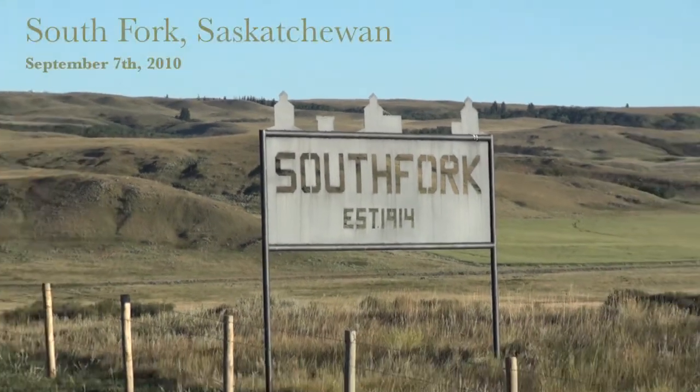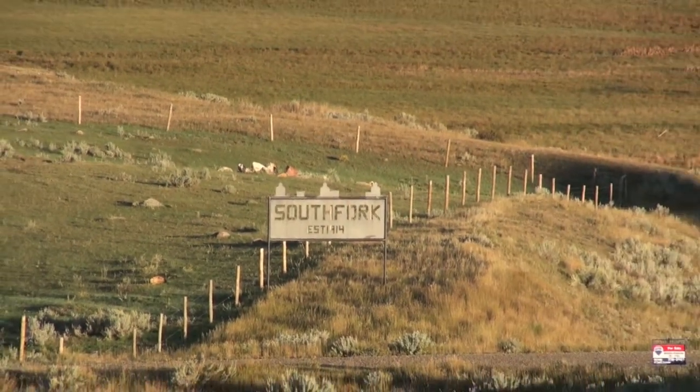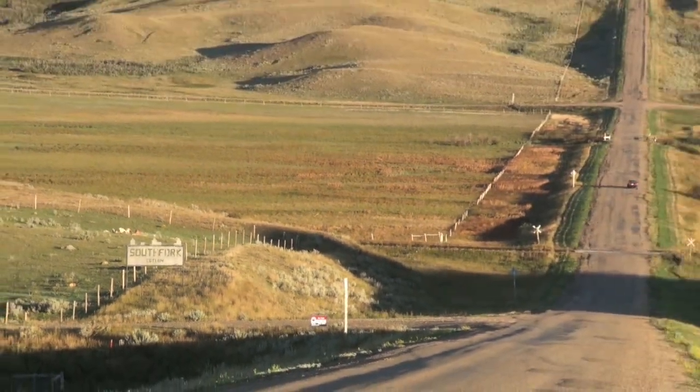It's before breakfast time on September 7th, 2010, and this is South Fork, Saskatchewan. That car has just crossed the railway tracks that the CPR laid down through here in 1914. It's heading north up